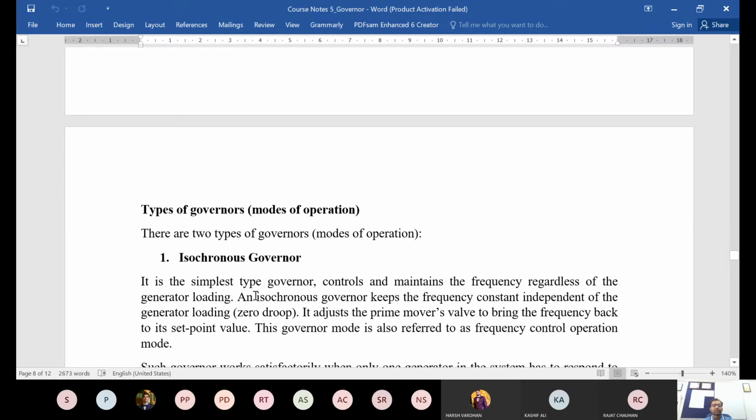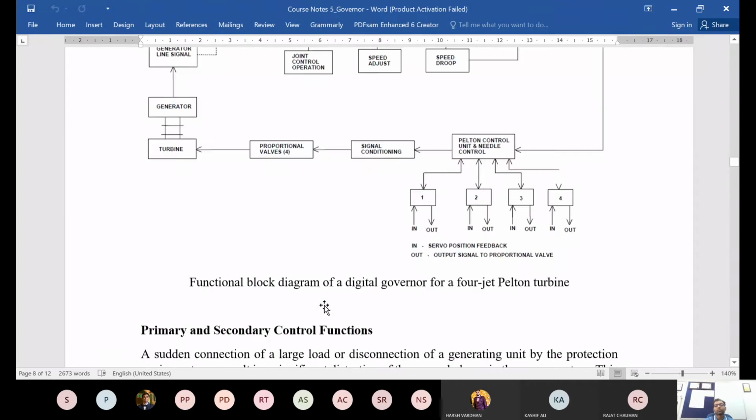So as it says here, it is the simplest type of governor, which controls and maintains the frequency regardless of the generator loading. So as you can understand, very simple. Even if the loading is varying, it has to just keep the frequency constant. So an isochronous governor keeps the frequency constant independent of the generator loading, that is, zero droop. Because if you recall what we discussed earlier also,